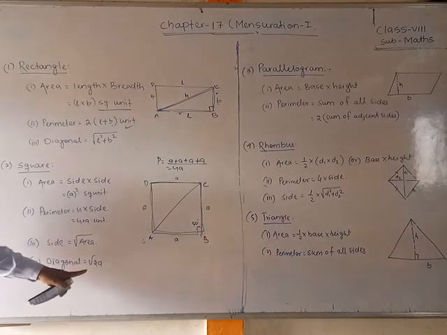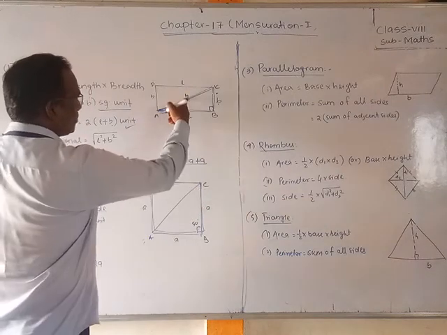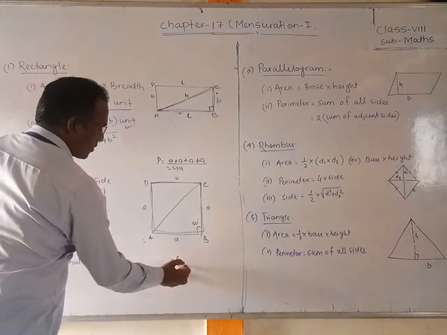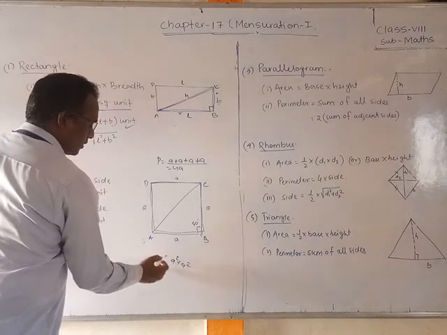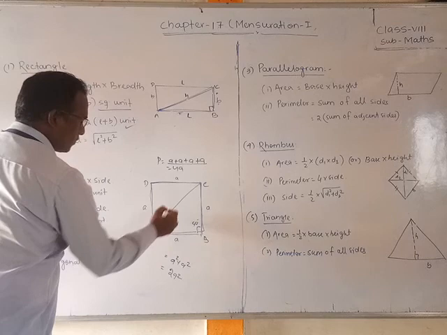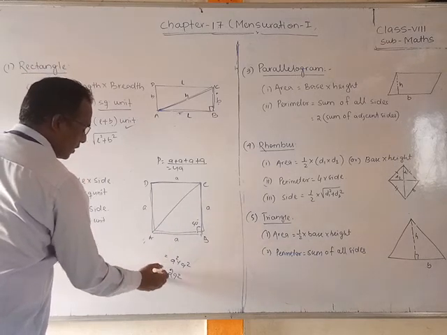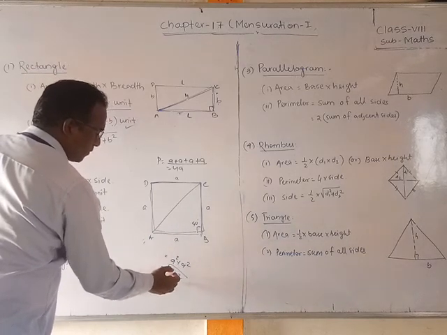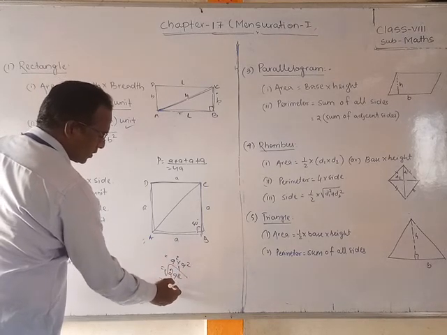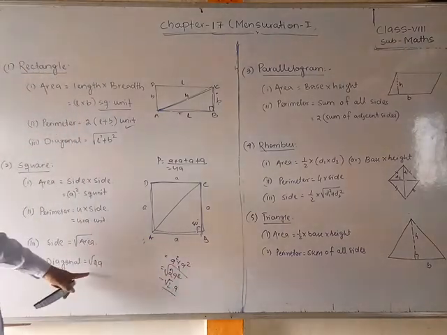And the diagonal is equal to how much? Same as before, how you have applied this: a square plus a square is equal to 2a square, and whenever you ask for the diagonal, it is root over this. So root of 2a square, the square root cancels to give a, so root 2 a will be the answer.